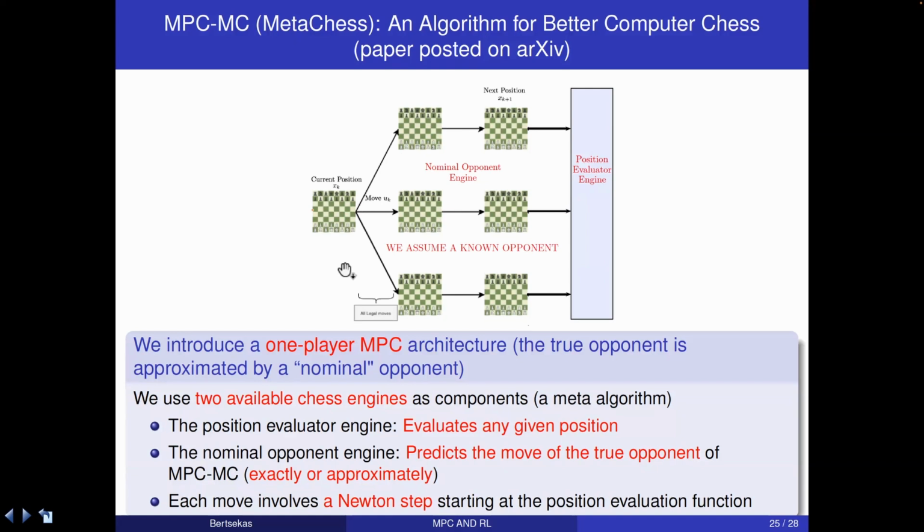Thank you. Yeah, it's a very generic algorithm to improve any policy that someone gives you, right? That's right. Thank you for this comment. I should say that the ideas here apply generally to MPC. In the context of chess, they have a special meaning in terms of the mechanism of the search engines involved.